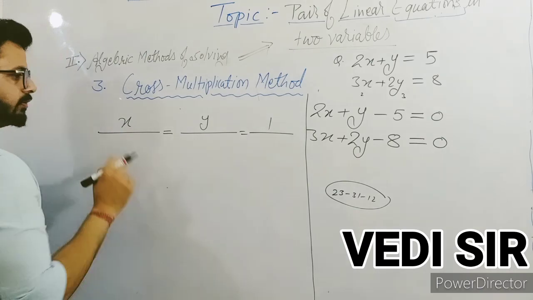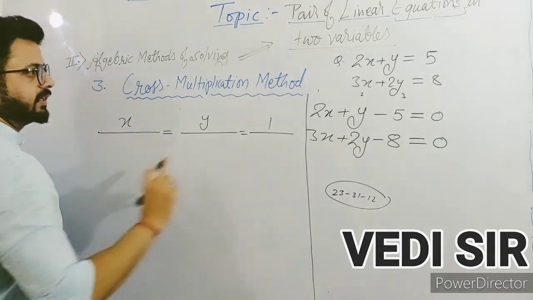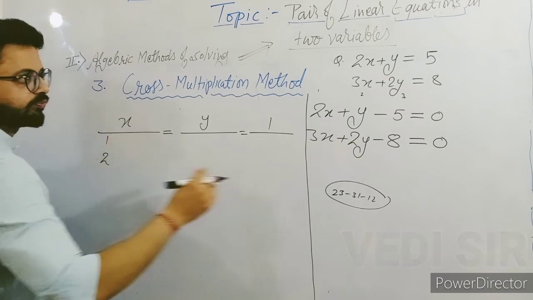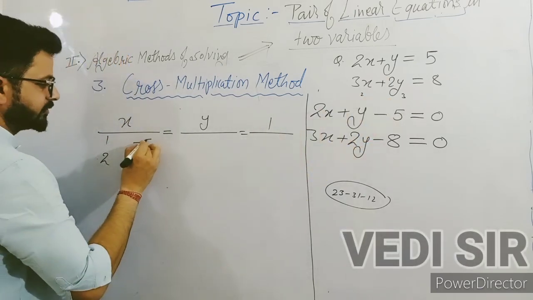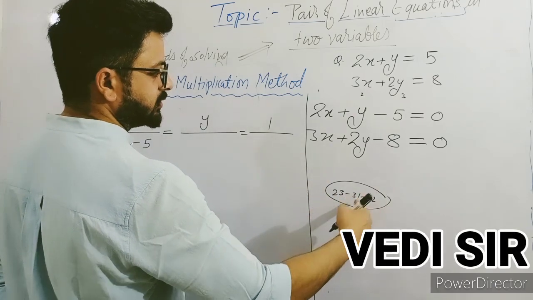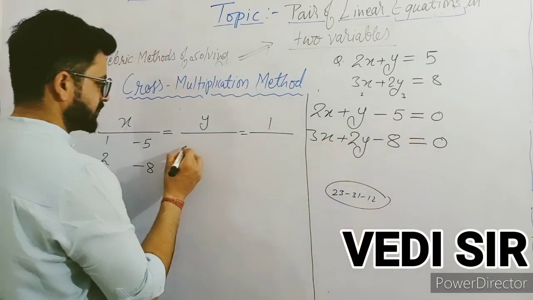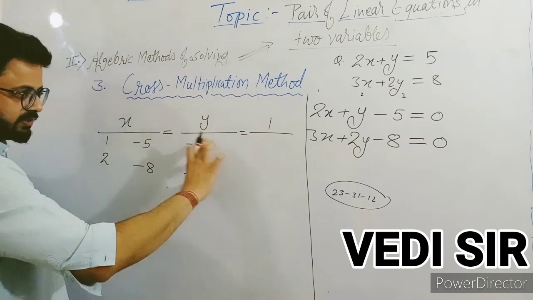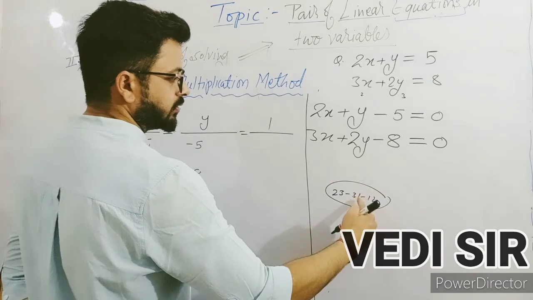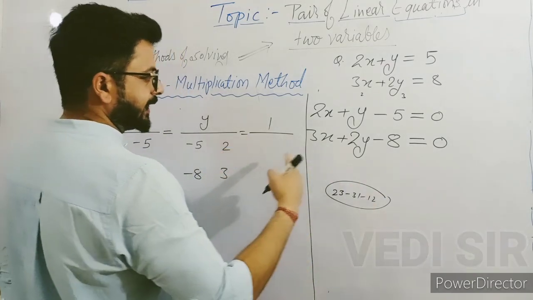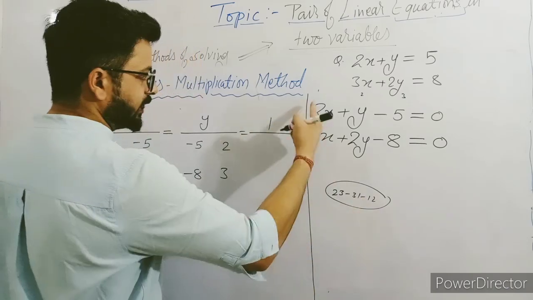First of all, for x we know the numbers are 2 3. Then 2 and 3 in one column we will write, 1, 2 and 3 in one column, minus 5 and minus 8. For y, 3 and 3 1. So 3 is minus 5 and minus 8. Always they will match here. You see. And 1 is 2 and 3. And next 1 2. 1 is 2 and 3.